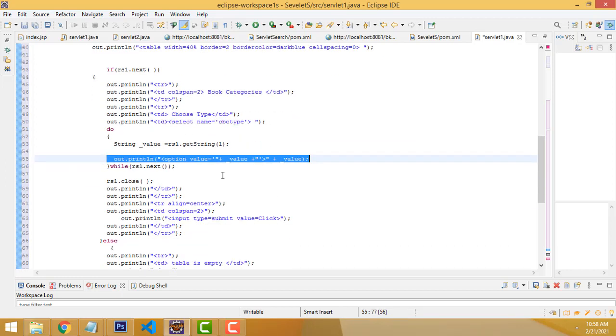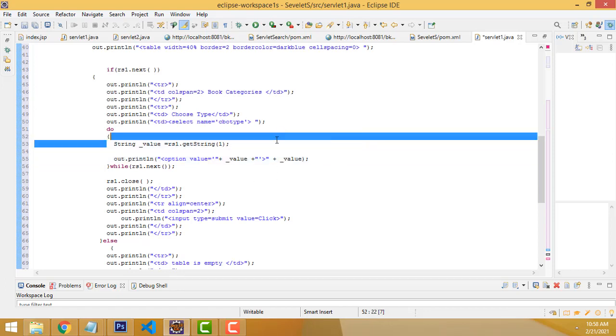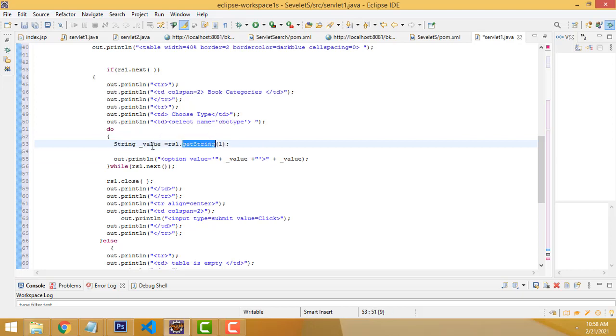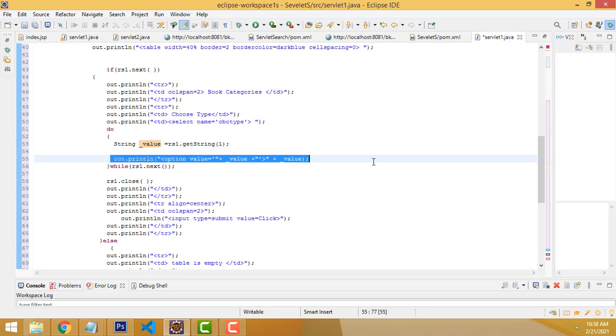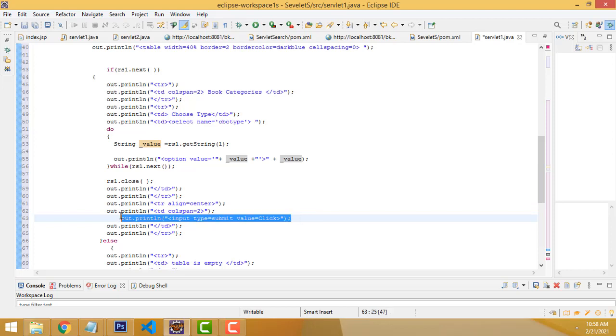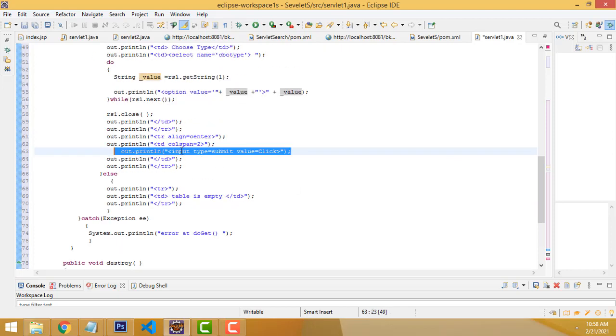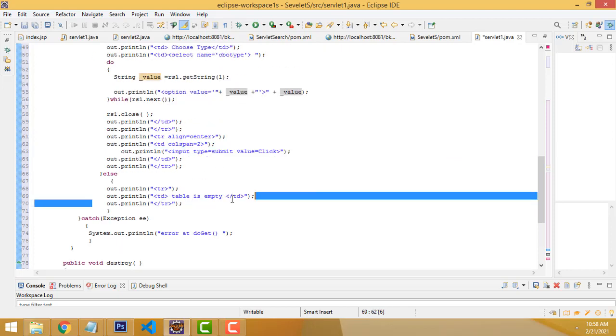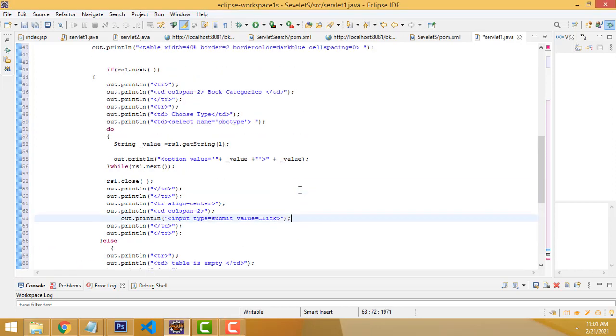Okay, like this it will be loaded. All the things we load and put into this variable, if you are calling here, it is loaded inside the combo box, right? After that, we have one button called submit. Books are loaded and you click the submit button. If the box is not there, it will pass the message table is empty. This is simple code we have to write.